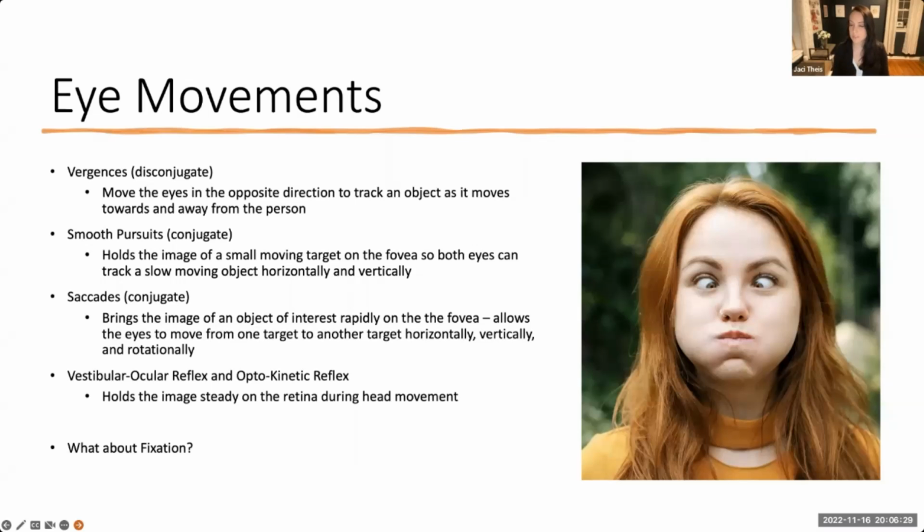And there's two types of vestibular ocular reflex. We have the translational one, when we're rotating our head side to side. That's our